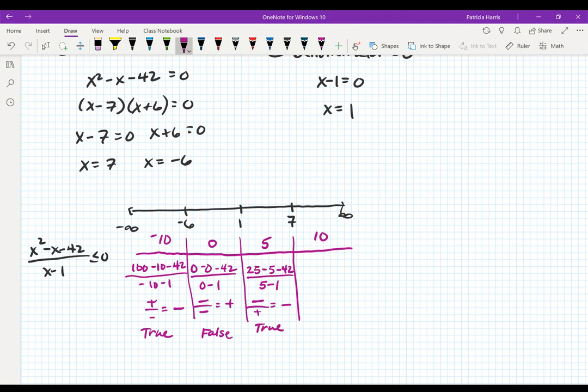Let's plug in our 10. Now remember, this is a positive 10, not a negative 10, so it's going to look a little bit different. So I get a positive divided by a positive, which is a positive. Positive numbers are not less than 0, so this is false. Okay, remember, you got to shade where truth is. So, true, false,